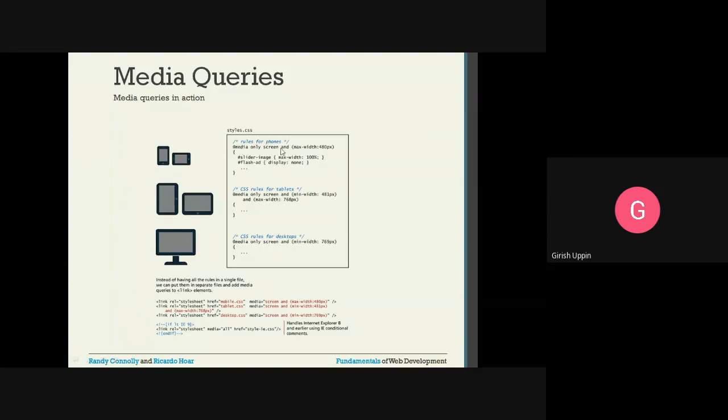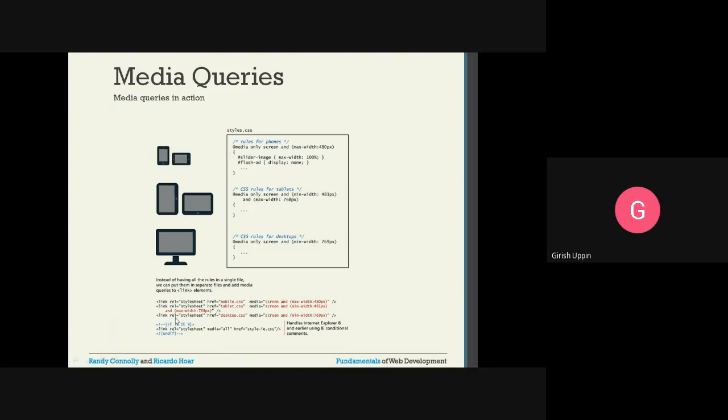And what is the media query that we are going to specify? Whatever the media query you have specified, instead of that, you can specify it here: screen and max width 480. And next link, the rel is equal to style sheet, href is equal to tablet.css. Whatever the rules you have for the tablets, everything will go in this css file. And media query is media is equal to screen and min width 481 and max width 768. So it is going to check for all the three conditions, whether it's a screen, whether the minimum width is 481 pixel and max width is 768.